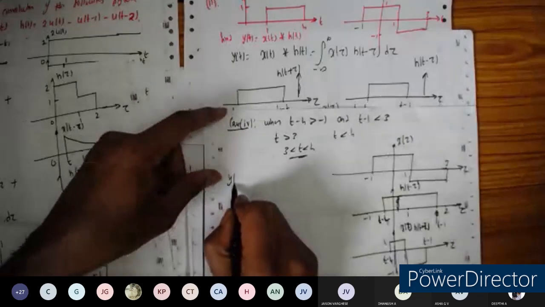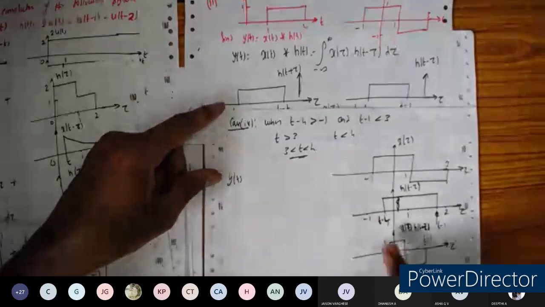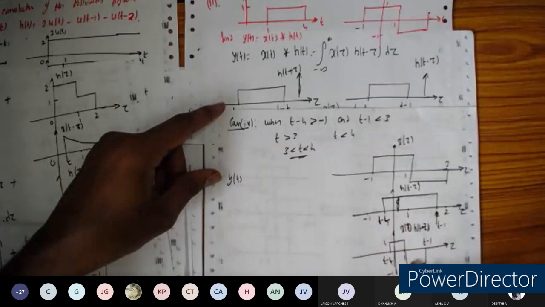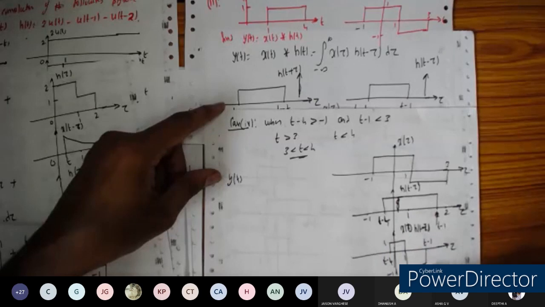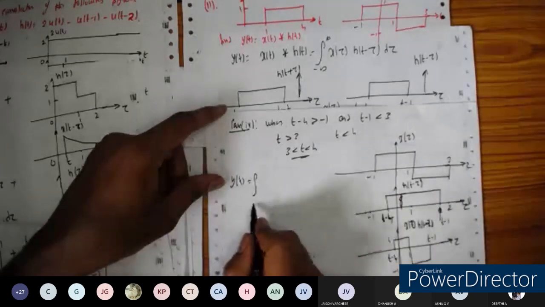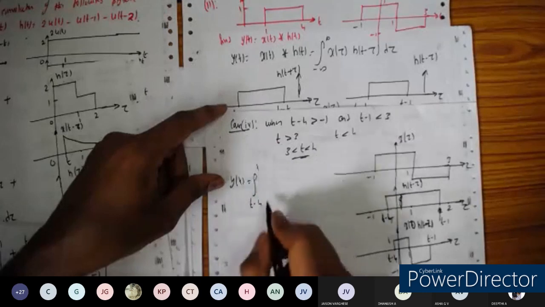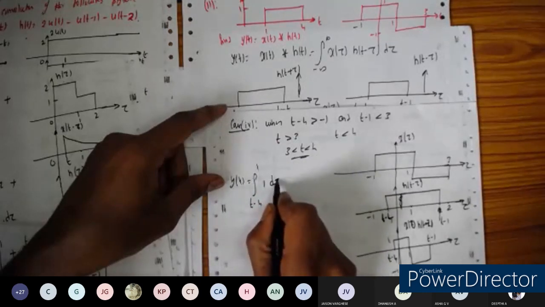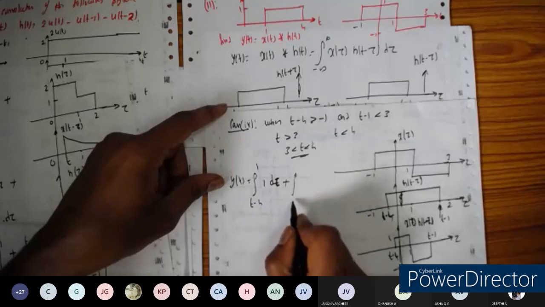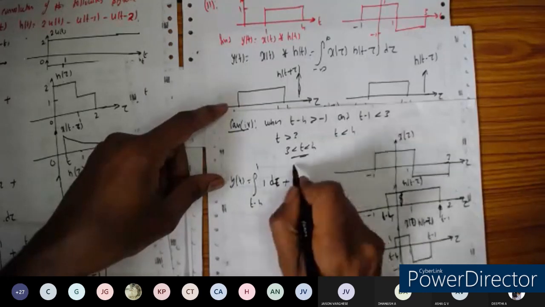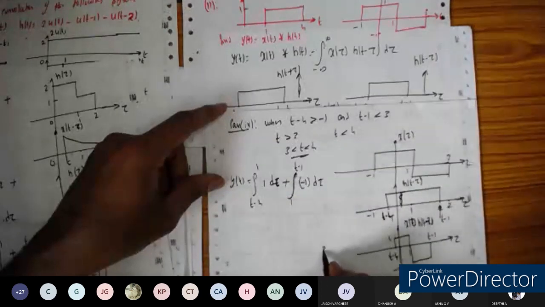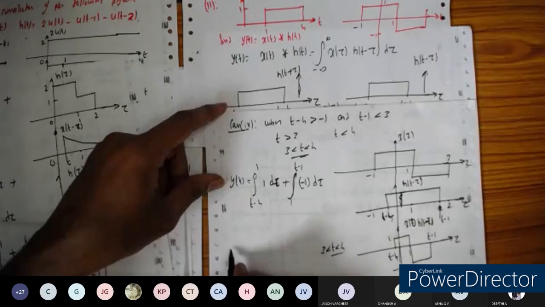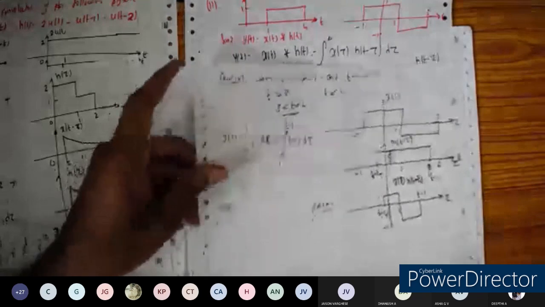Now let us take the integral. Any doubts in the product here? From t minus 4 up to 1, it will be +1. Again from 1 to t minus 1, it will have -1. So take the integral: the integral from t minus 4 up to 1 of 1 d tau, plus the integral from 1 to t minus 1 of -1 d tau. The time limit is 3 less than t less than 4. Find the y of t and let me know what the y of t is in the next class. So do the integral part.